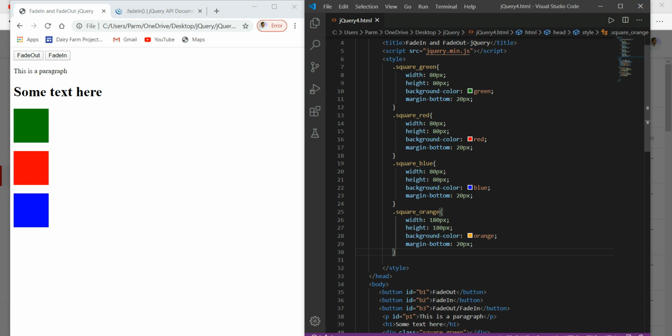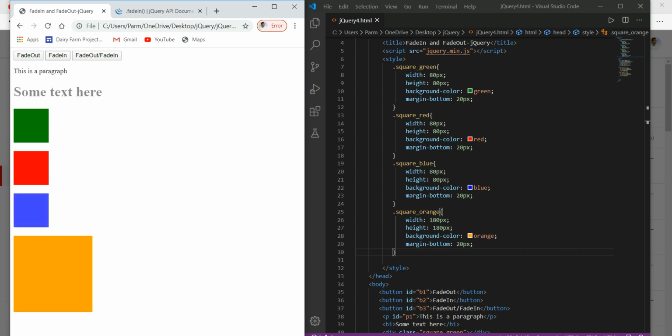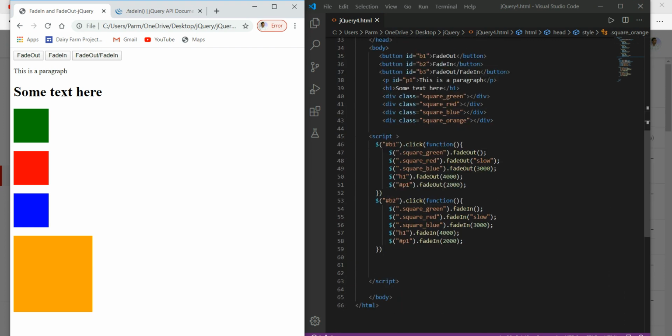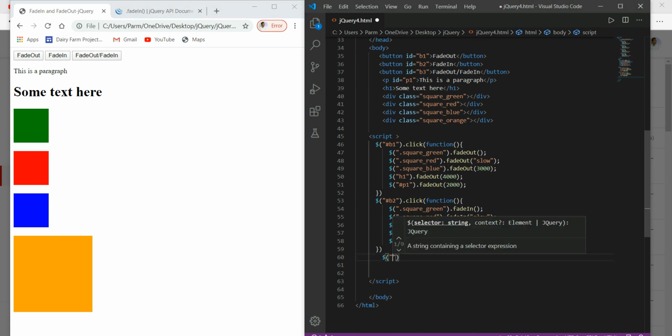Save it, here we go, refresh it, fade in, everything is happening over there, fade out. This button is not doing anything over here. I just wanted to associate the right event for this. So here I will write the event with the dollar, and here we have to make the selection.